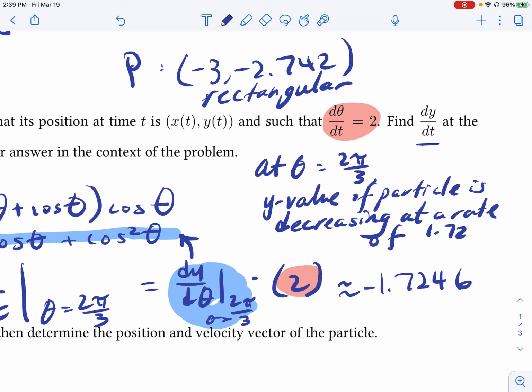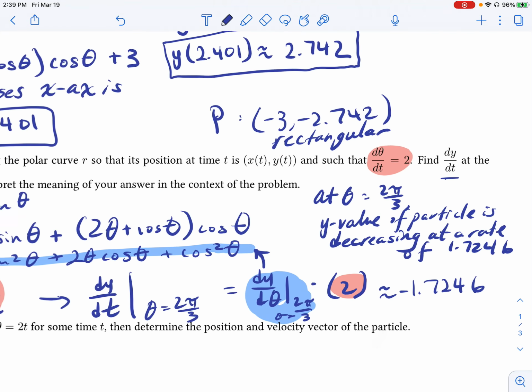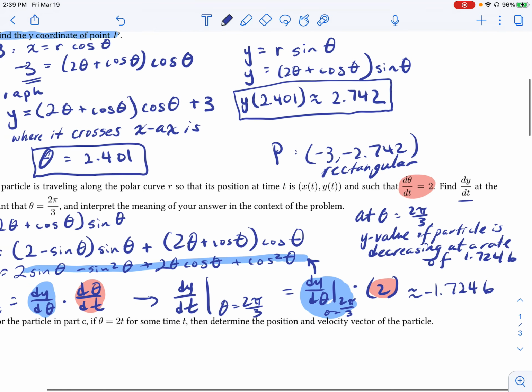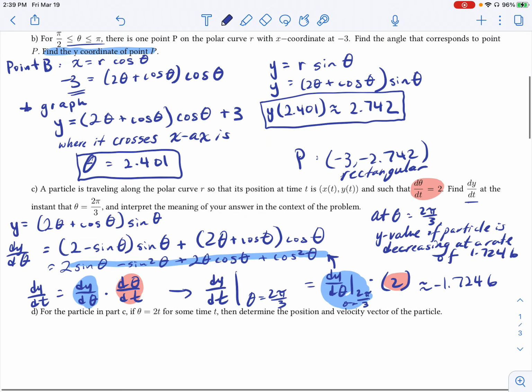That's what's happening. dy dt is stating the rate of change of y with respect to t when theta is equal to 2 pi over 3. So in order for us to have answered this, we needed to first find dy d theta. And again, it comes back to our understanding that dy dt is equal to dy d theta times d